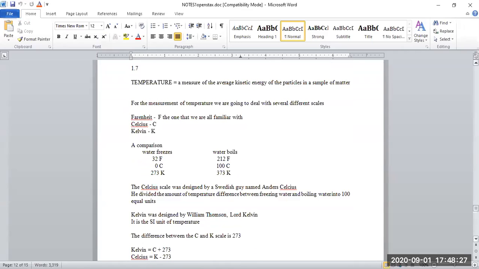So we're going to say that temperature is a measure of the average kinetic energies of the particles in the sample, because that way temperature is not actually dependent on the scale that you're using,